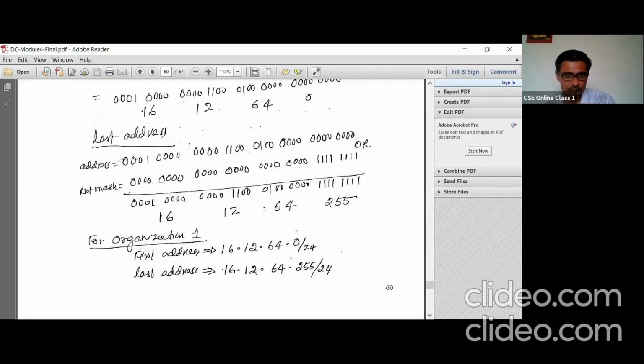Here this will be 1. So how do you get the next address? The least significant byte is 0, and the next significant byte is 65. Why 65? Because we added 1 to it. These two remain the same.